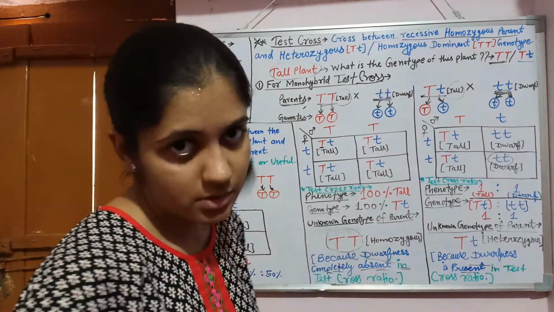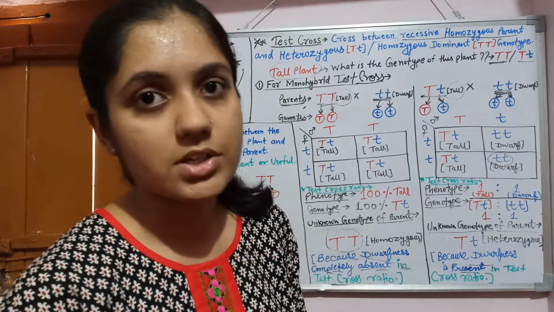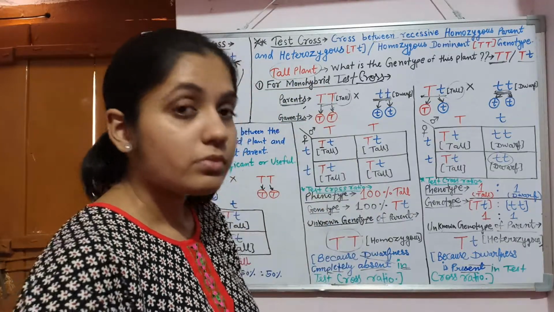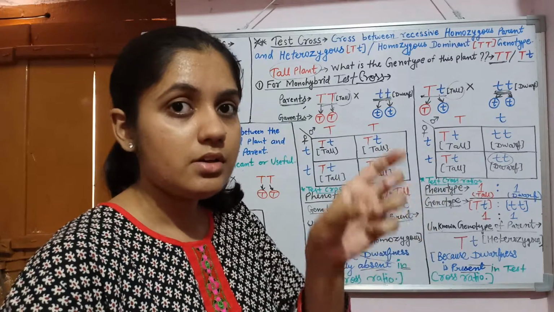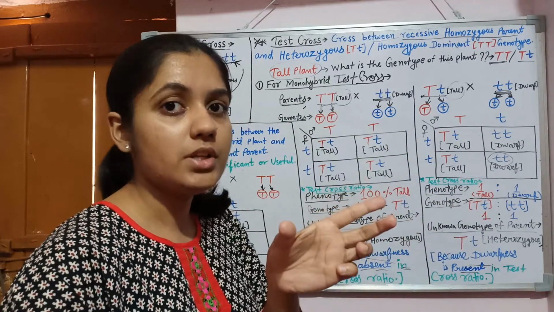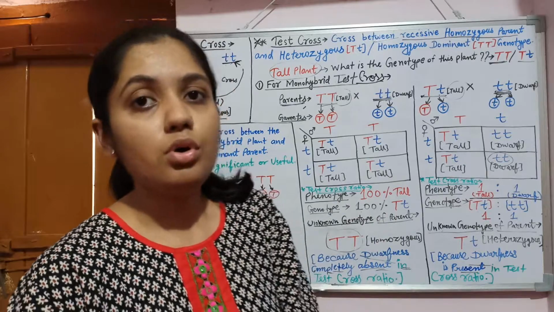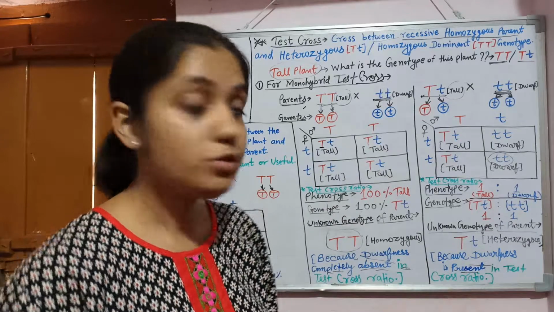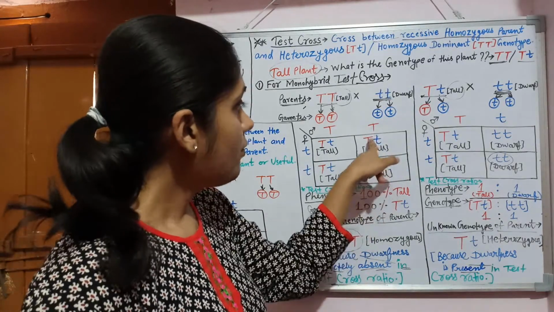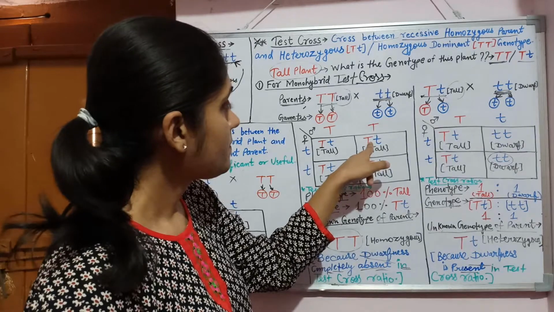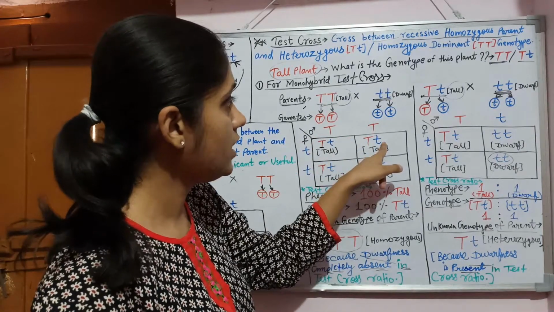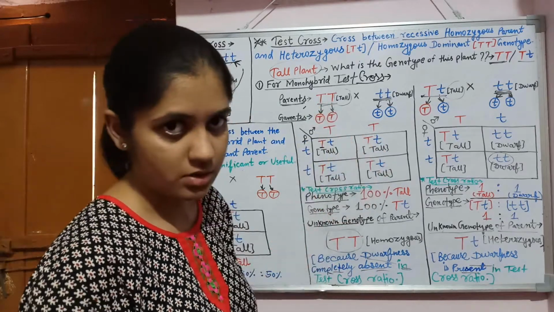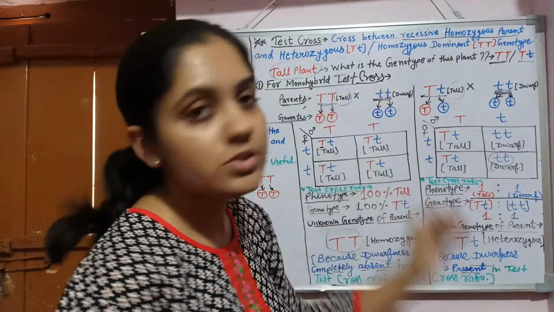The genotype has this, because you must know about the law of segregation. What is the law of segregation? Listen, when a single gene's two alleles separate from each other, they form different gametes. So in any further progeny, in the test cross progeny or the F2 progeny, here the test cross progeny, one allele is from this gene and this allele is from this gene. Both the alleles are not from one gene.